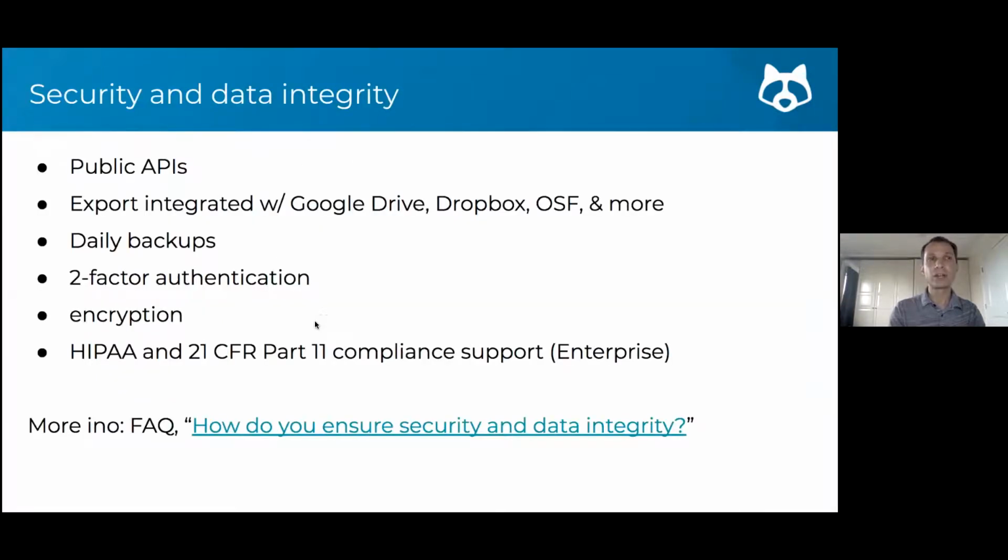And as I finish up, one of the things to highlight is that because of the government agencies and industry partners that are using protocols.io, because of the sensitivity even in academic labs to the intellectual property that's in protocols.io, we take security and data integrity very seriously.